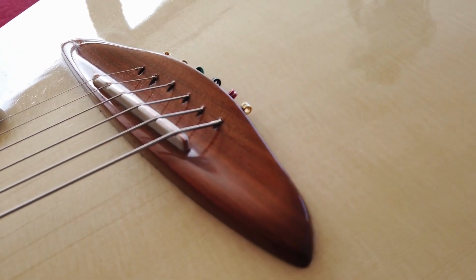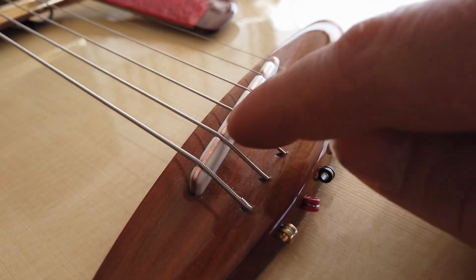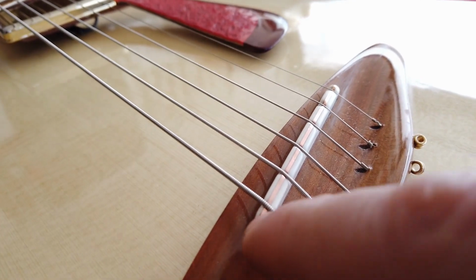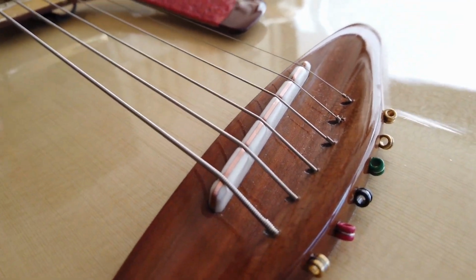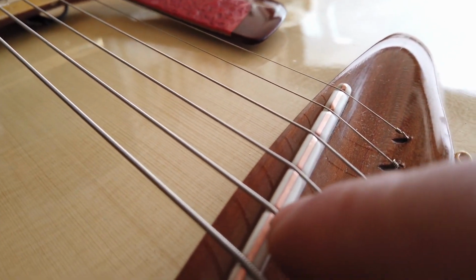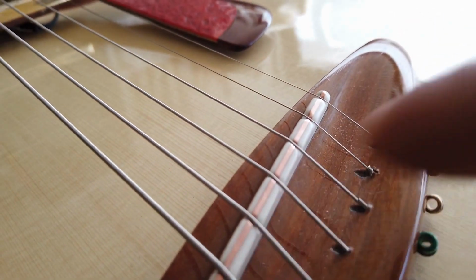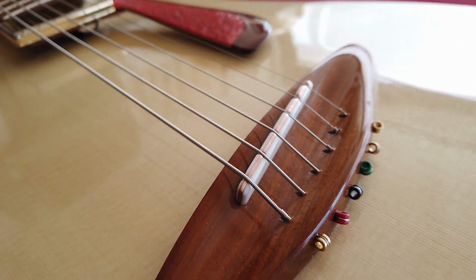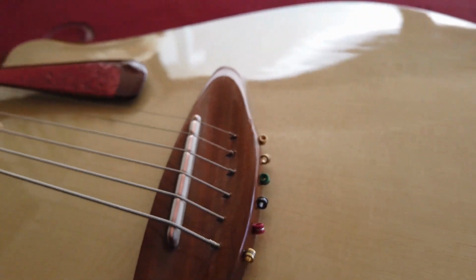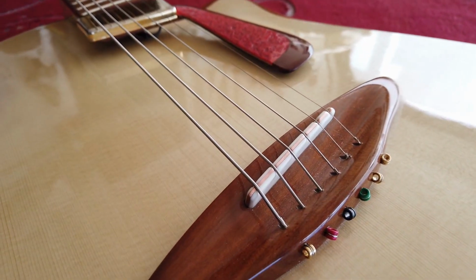Okay, so here is the close-up of the bridge. And as you can see, the saddle got the copper in between. So, and the copper is attached with the wire to the upper jack. And you can see the strings all touching the copper, and so they are all grounded. And I think it looks kind of cool with the plum. Kind of fits to the reddish design, and